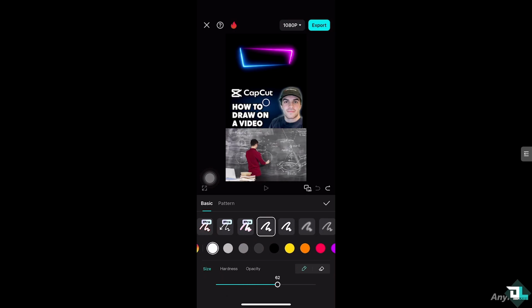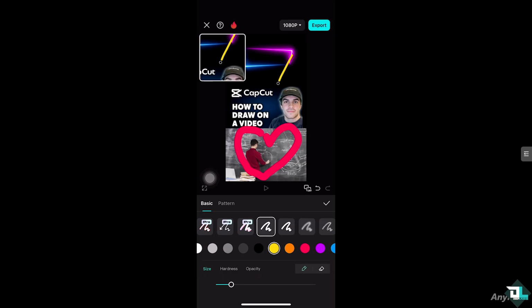Increase the brush size, and of course you can select the color, for example a pink, for example a heart. All right, and then you can choose a different color, for example a yellow, and then let me just select the size for a little bit, for example create an arrow. All right, so basically that's how you draw circles, highlights, or anything here to get attention to the specific areas